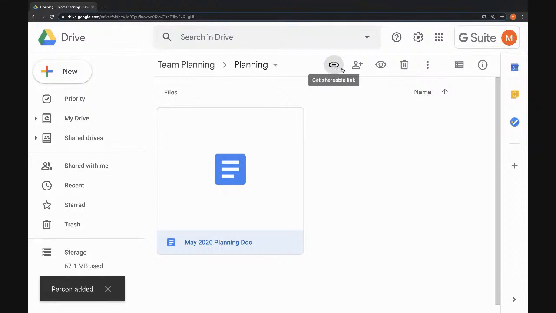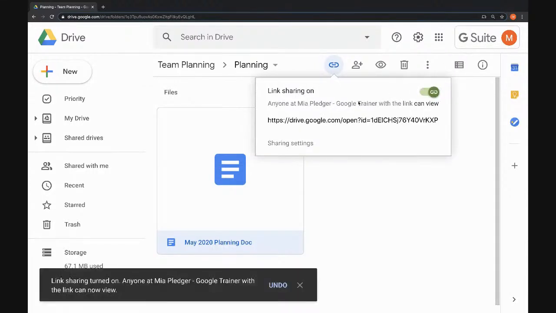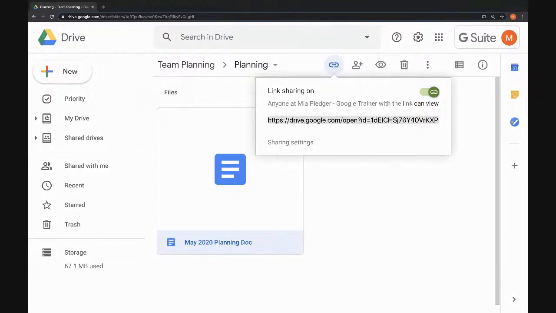If I want to share this file with lots of people outside of my shared drive, then I can send them a shareable link. By default, this is usually off, but I can toggle this on here to get the link. And what this will do is anyone that I share the link with will be able to view this document if I copy this link and send it to them by email, for example.